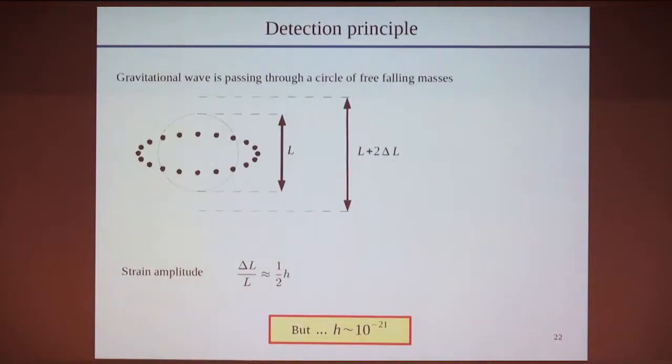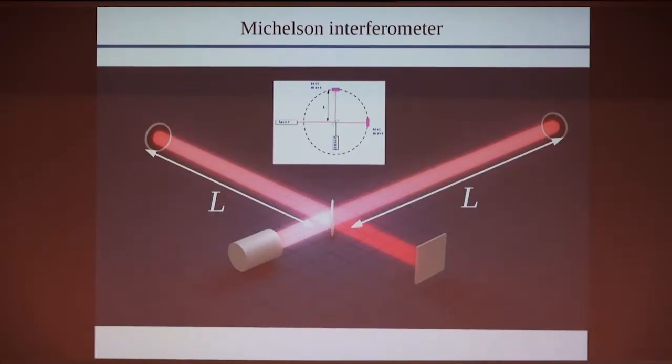So it was the very beginning of these detectors. And I was mentioning the point is that you need to be able to measure a change of distance of the order of 10 to the minus 18, a change of distance 10 to the minus 21 in h. So I want to show you how it works. So I need to switch.